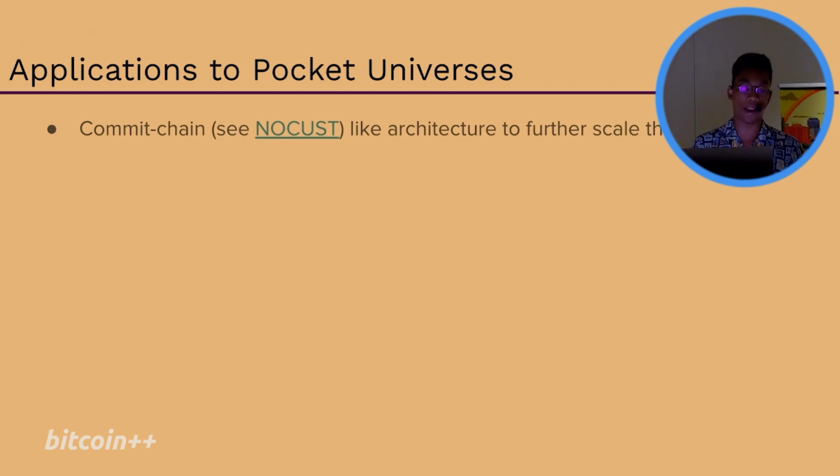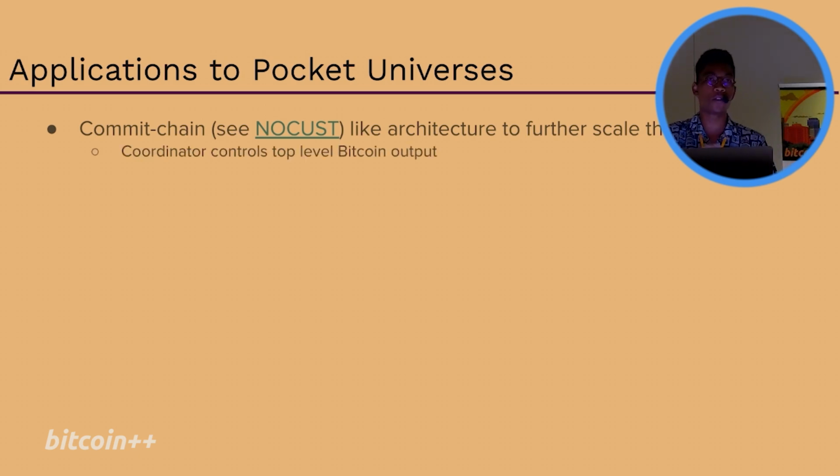And so this one thing, I think, is the motivating factor of something we call Pocket Universe itself, right? It's basically a commit chain type structure where in every single block you're committing to some new state itself, and that state is this tree. And something called NoCust, which people maybe remember, from 2017 or so, is what it's sort of inspired by. The cool thing about this is that for all the user balances, every single user is going to have their own leaf within this tree itself. Because that's committed to at the top, you can verify that things are being done properly. For example, if no one left the tree, the sum value shouldn't change.